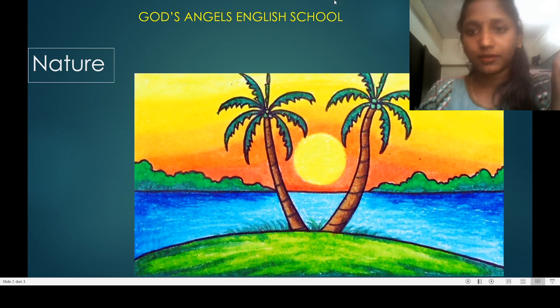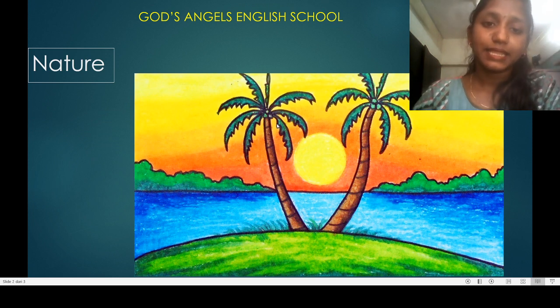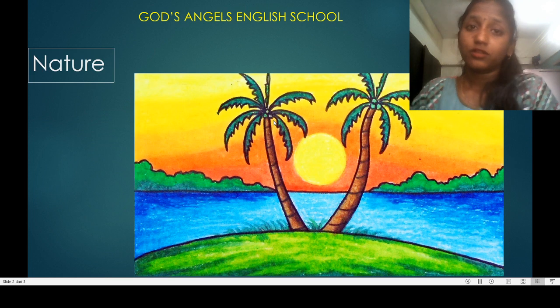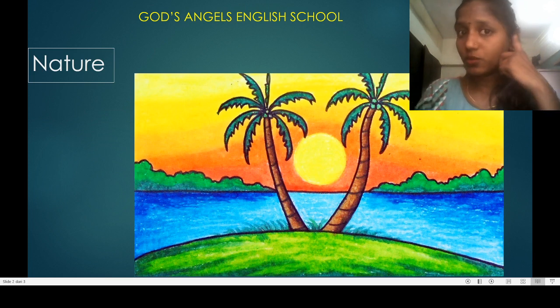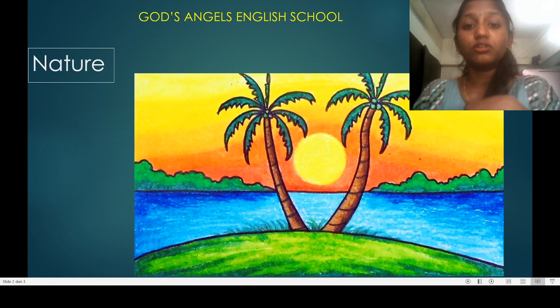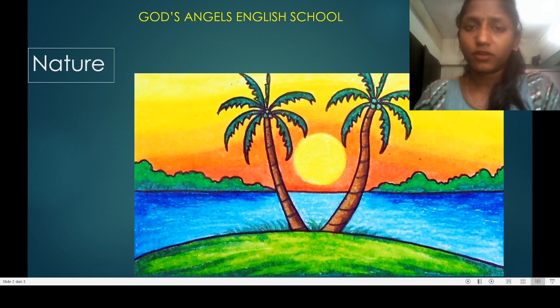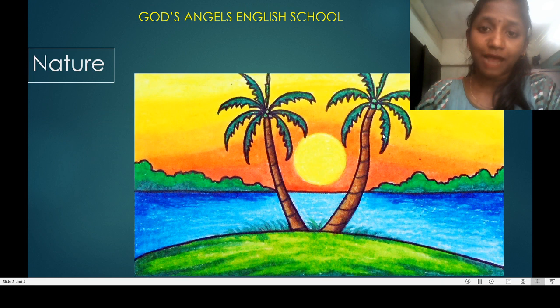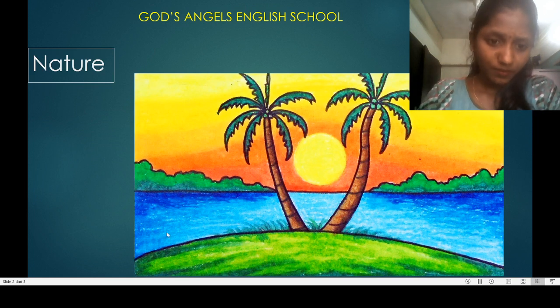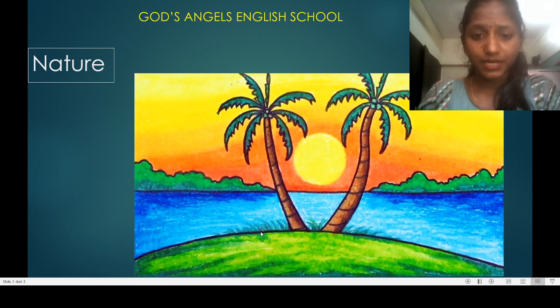First put the line down and make a zigzag line. Okay, you have to do lines like this, and then you have to make coconuts inside. For coconuts you can place as many as you want, but not more than 4. Yes, only 4 or 3 is okay. After making these two coconut trees, make a big circle in between them. Yes, after making the big circle, make some grass like this on both sides of the coconut trees and in between also, not on the full one, only on both the sides.